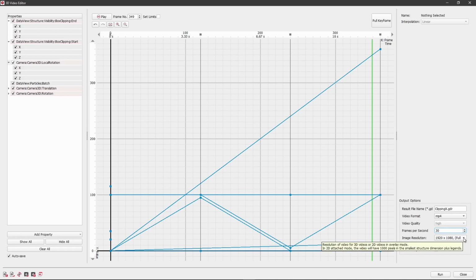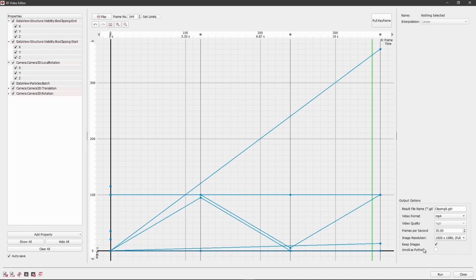With our video dialog, this will create a video with a length of 12 seconds. The image resolution is left at Full HD. As a marketing employee and content creator, I advise you to select Keep Images. This will save the single frames as PNGs uncompressed and can be used for later video editing.